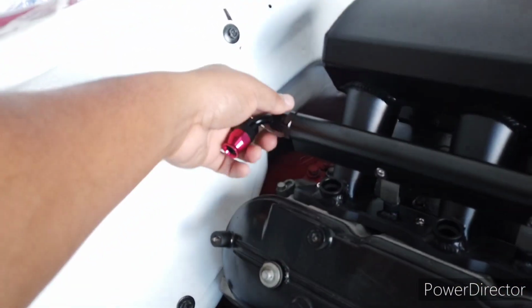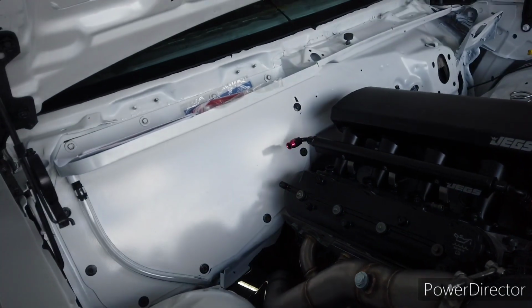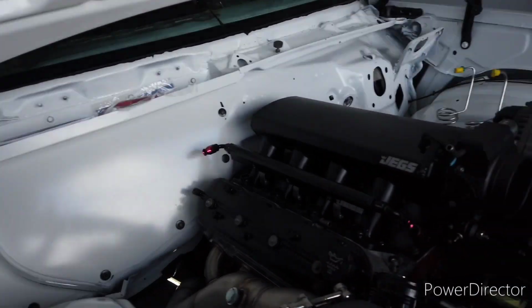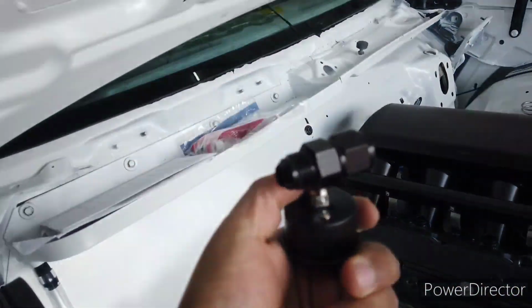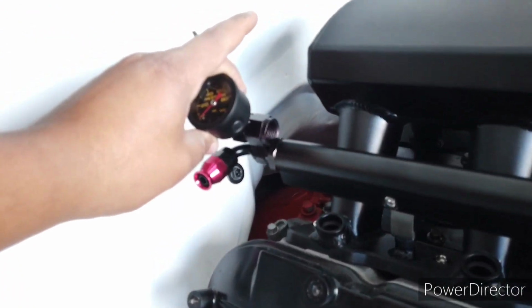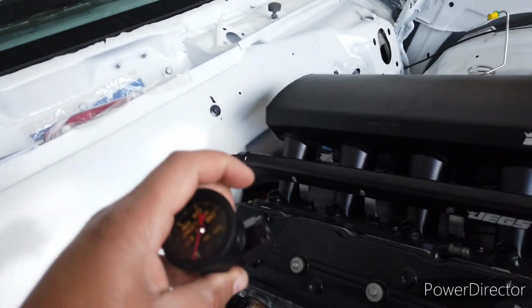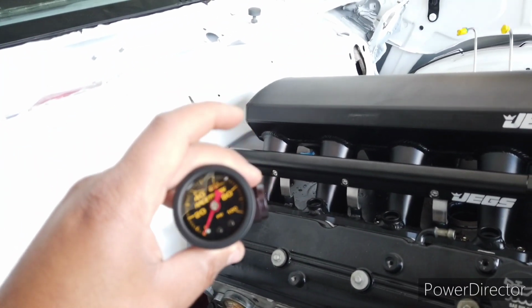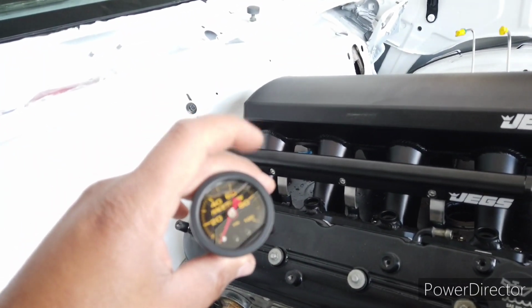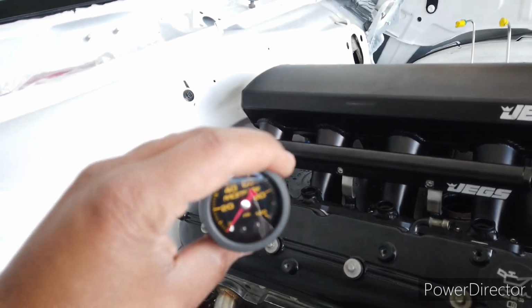Then out back here, I think this will be a 90 degree, but I think what I'm going to do is put one of these fittings in here for the gauges. So I might put that in between there, and then a 90 degree coming off of the back of that side, just so I have something to read fuel pressure with. And I think I'm gonna have 2 of them, because I have the gauge here,